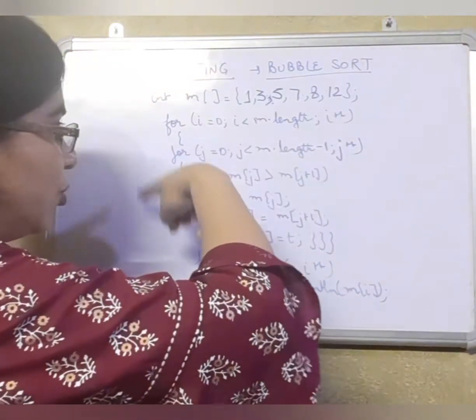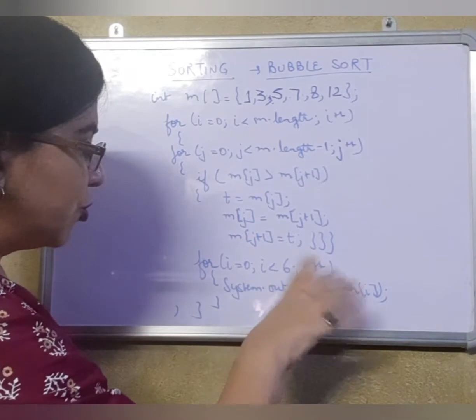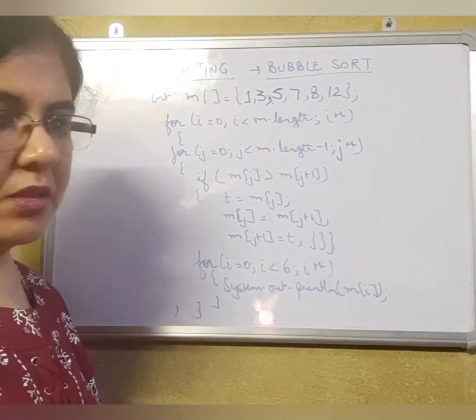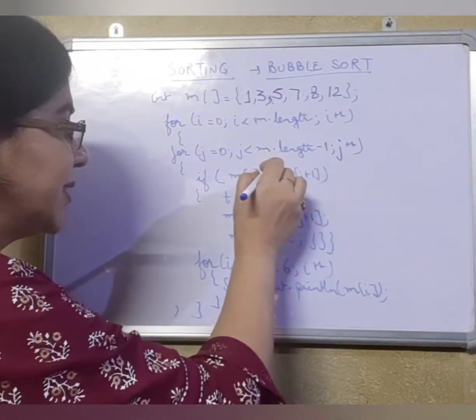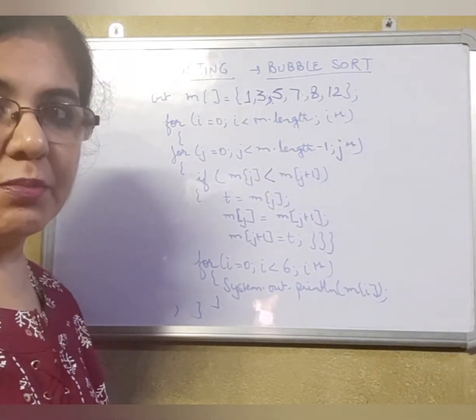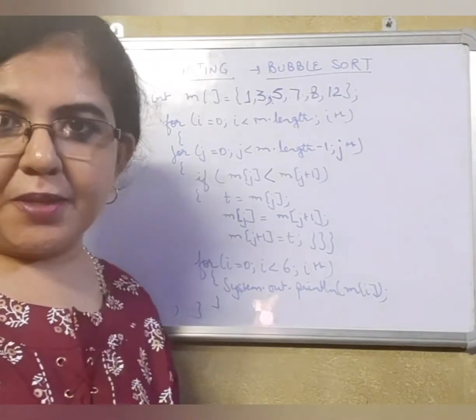So this way the loop is going to work. And outside the loop, you should run a loop in order to print all the elements which are sorted. If you have to do this in descending order, just use a less than sign in the if. Do not change the i and j loops. That will be wrong. This was on a single array.